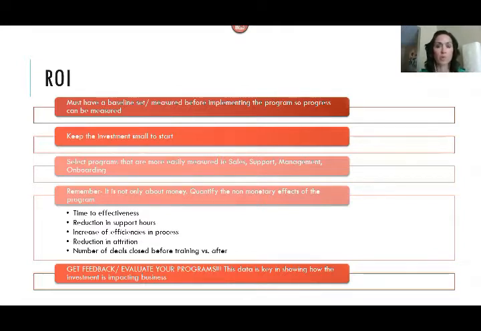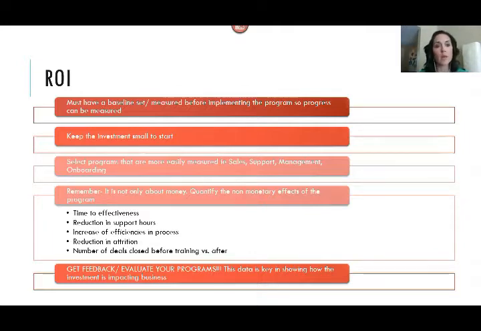Basically, customer support representatives would come and they'd go through the onboarding. And we were able to easily and very quickly show that we took the time to effectiveness and time on the phone from 90 days, where a new customer support rep was feeling comfortable, to 30 days. So right there, we were able to show the founders of the company the impact that training was making. And we were able to do that within the first group of individuals that went through the training. So it only took 30 to 45 days to show that.